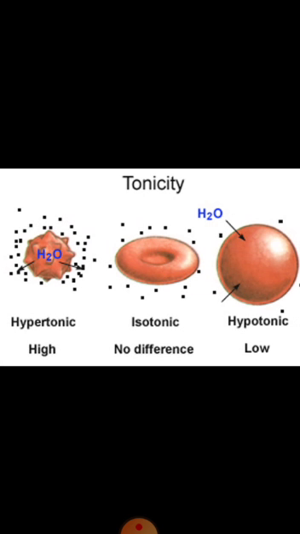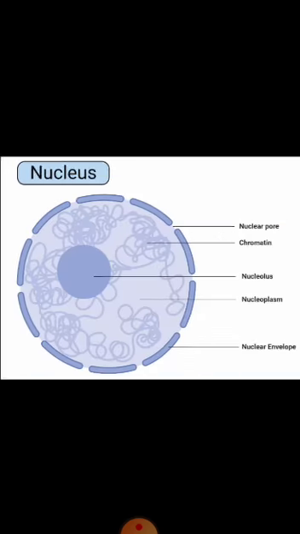Plasma membrane is generally flexible and made up of proteins and lipids. Now, let us learn about cell wall. In plants, plasma membrane is enclosed by a cell wall which is made up of cellulose. Cell wall is absent in animal cells and it generally provides shape and strength to the cell. Cell wall is also permeable, that means it allows certain substances in and out of the cell.